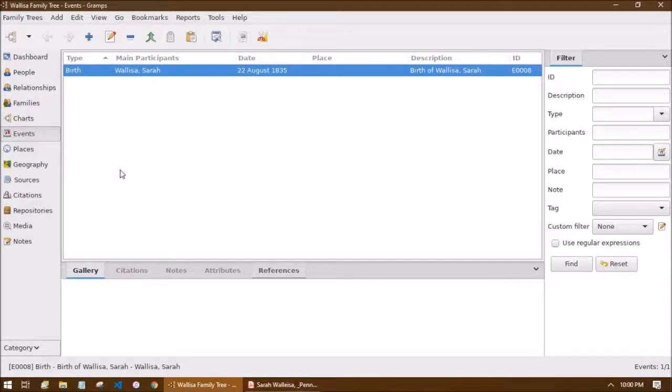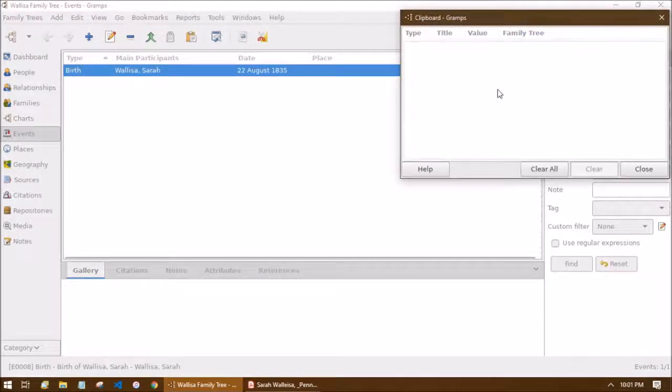Now, there is one other thing that I actually like to do with birth events. And I also want to show you a really cool tool in Gramps to do this to save you some time. So if you see up here, there's a little clipboard icon. The clipboard will store pretty much anything on it. We can store events, families, people, citations, sources, places, repositories, media, notes, pretty much anything. And we can